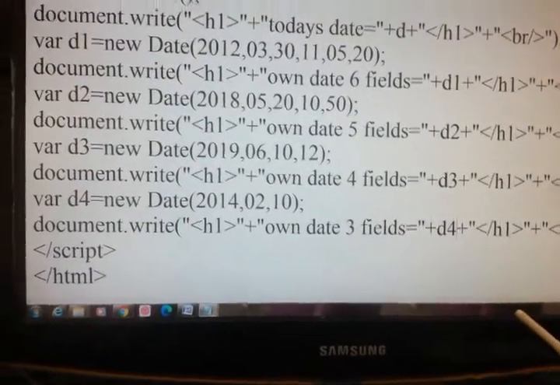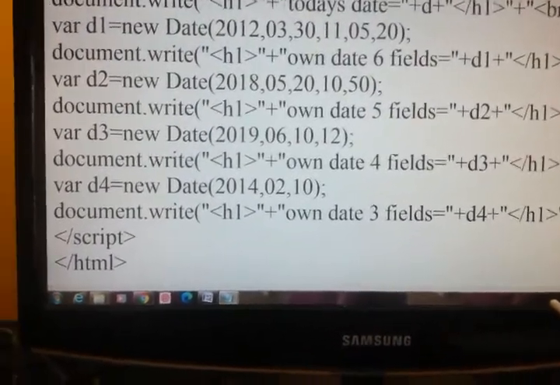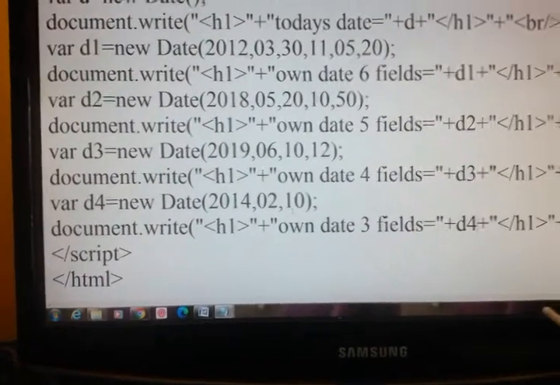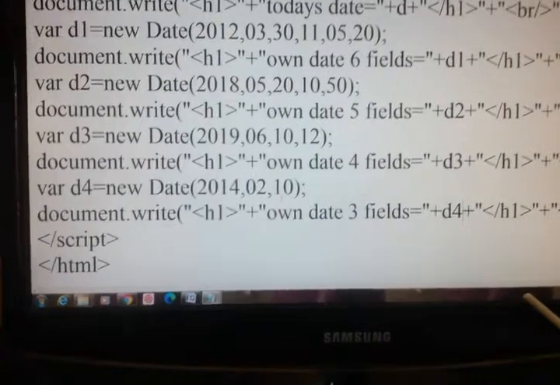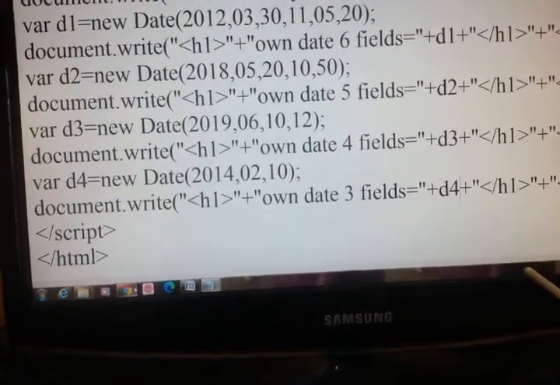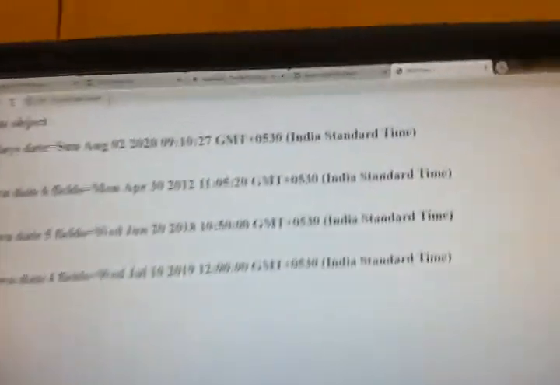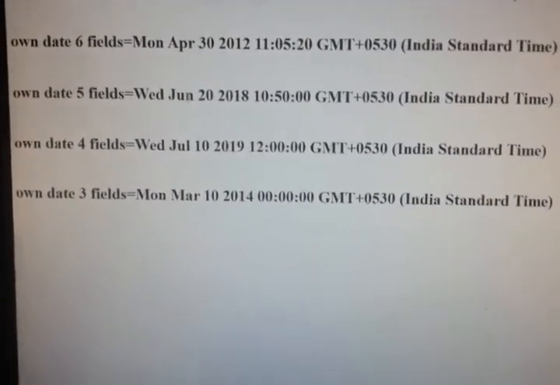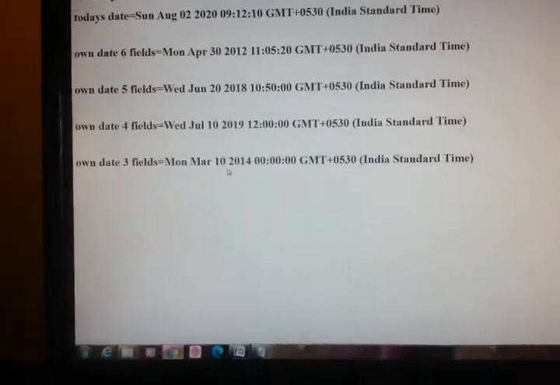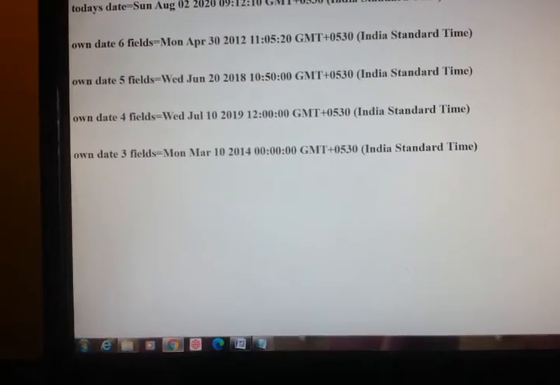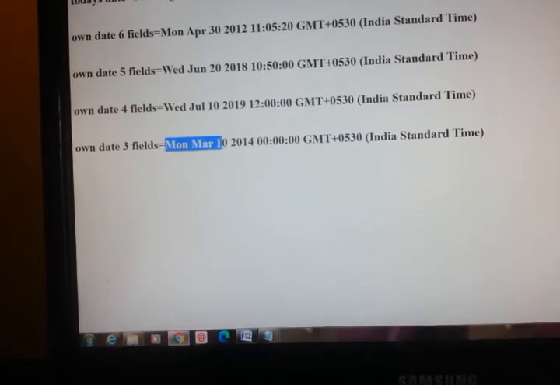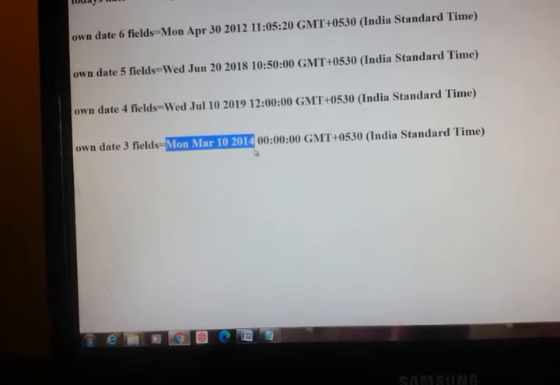So now we have moved from 4 to 3. Let us see what happens. The 3 fields means year, month and date. So we got Monday, March 10, 2014.